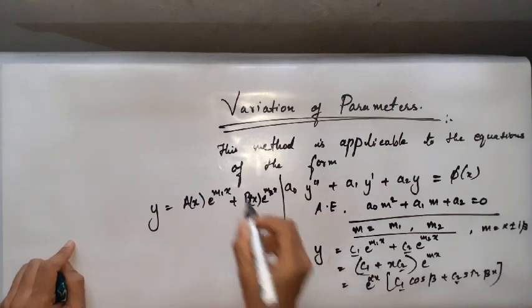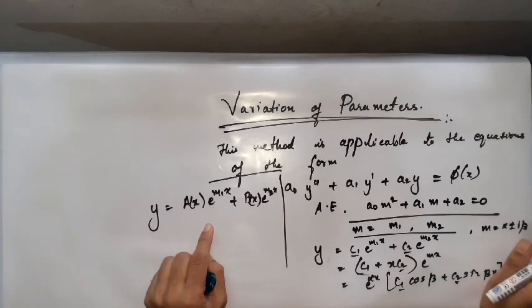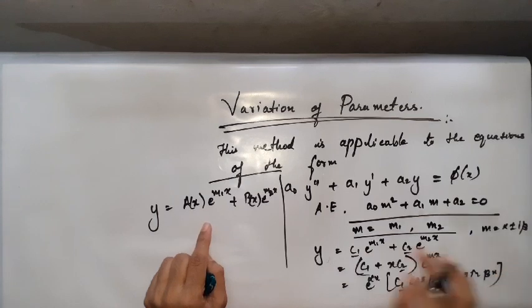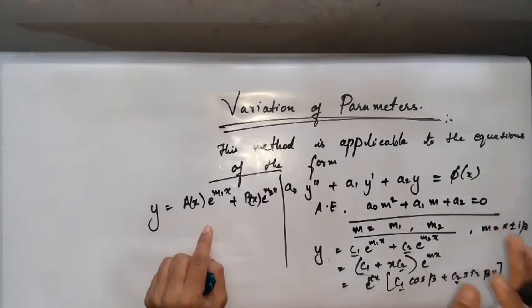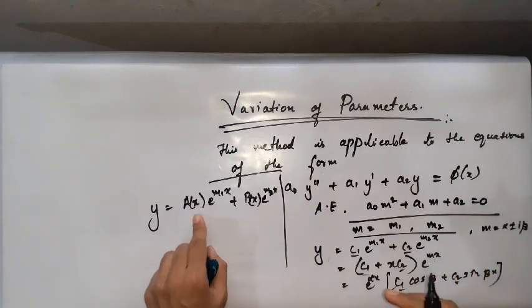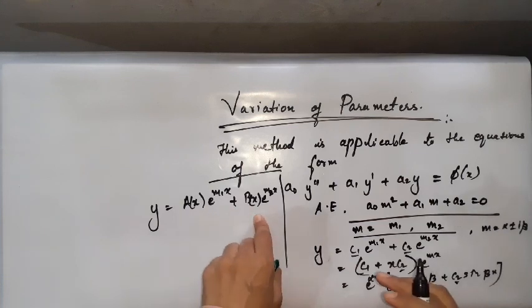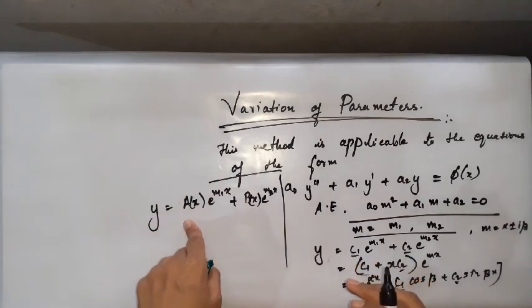Okay, so let me make a partition. So this is going to be my new type. See, in place of c1 and c2, those were the arbitrary constants, but here I am not going to use arbitrary constants. Repeatedly I am saying I am going to use the arbitrary functions of x. Now here our whole motive will be to work for these arbitrary functions a of x and b of x. How do we work for them? That is one more important point.